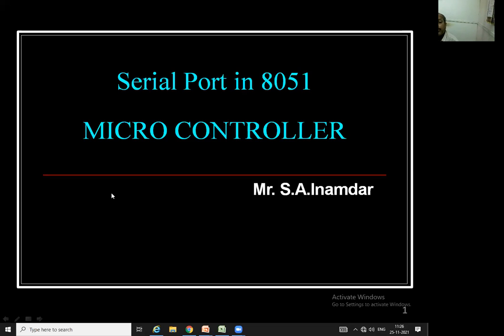Then, to control the operation of the counter, which register is used? For that, TCON. TCOM is nowhere such a register available. So it is TCON, timer control. The simple is there, and the maximum students have chosen the same. TMOD is for setting the mode of the timer, but for controlling, the TCON register is there.